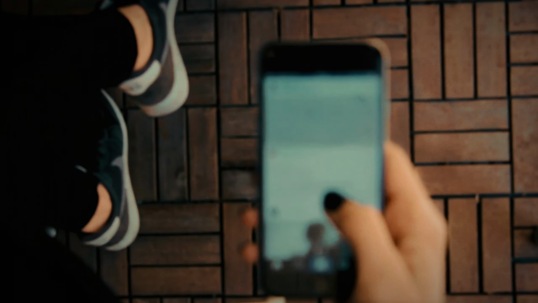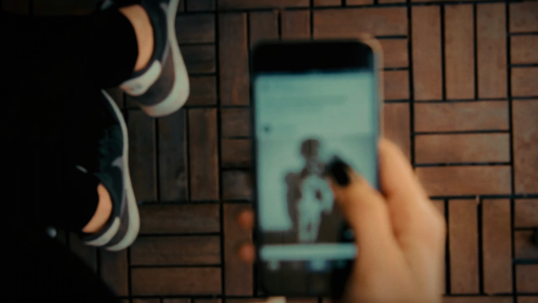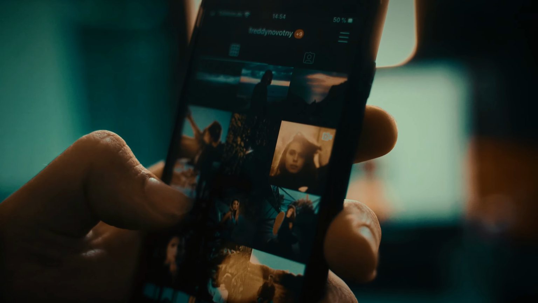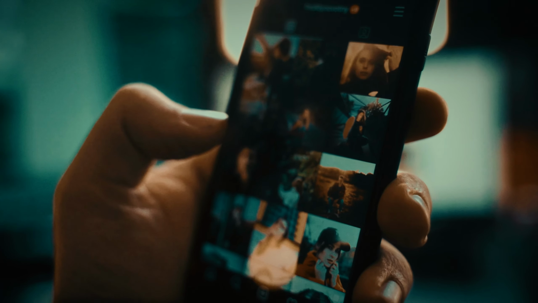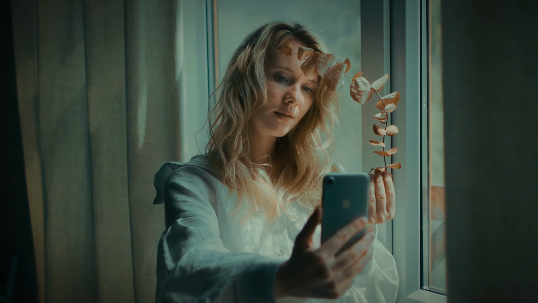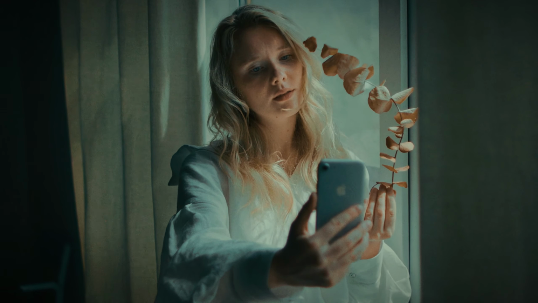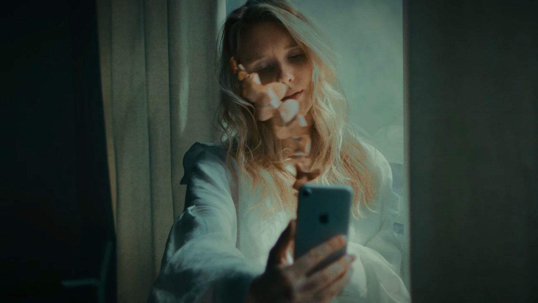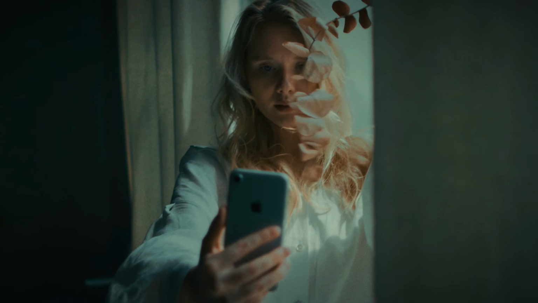Let's also consider the role of social media in shaping our perceptions. With platforms like Instagram and TikTok showcasing highly curated images, it's easy to fall into the comparison trap. The problem is that these images are often edited or filtered to create an idealized version of reality. Constant exposure to these perfected versions can lead to dissatisfaction with our own appearance. It's vital to remember that what we see online is often not the whole story. Engaging critically with social media and recognizing the curated nature of online content can help mitigate feelings of inadequacy.